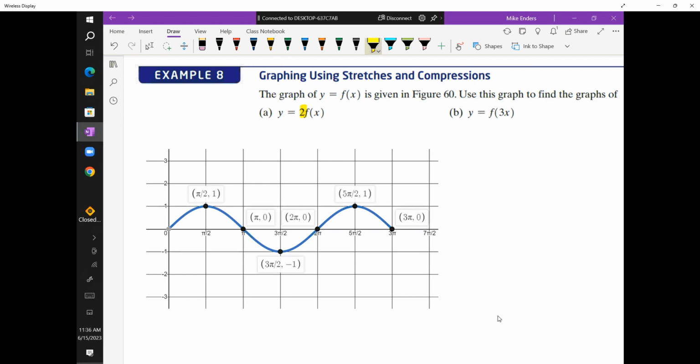We see that my value I'm multiplying by is outside the function in one, and in the other the value we're multiplying by is inside the function. The one that's outside the function is going to affect y, and the one that's inside the function is going to affect x. That's how we always think about these. If f of x is the y value, I've already calculated the y, now I'm going to multiply it by 2. So this is going to end up being a vertical stretch